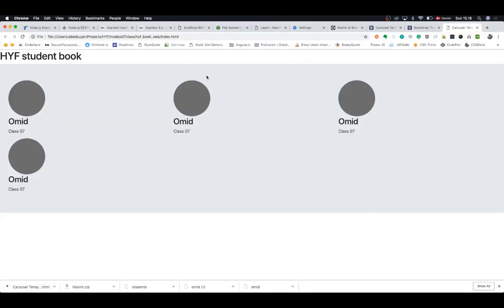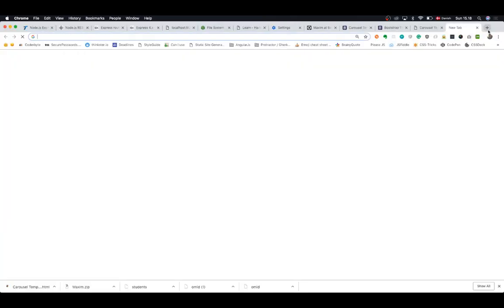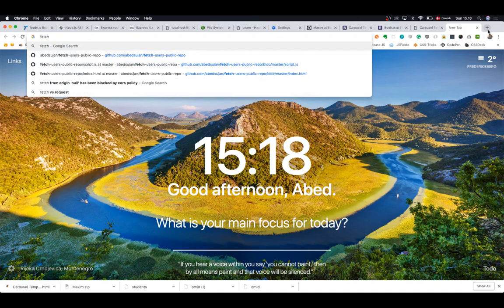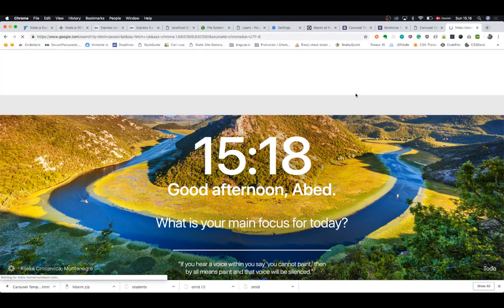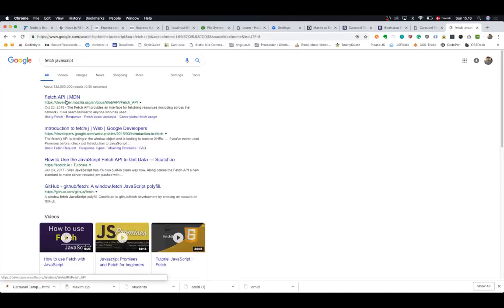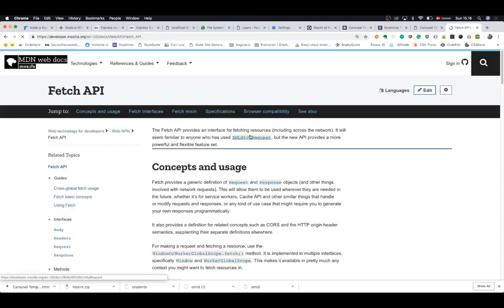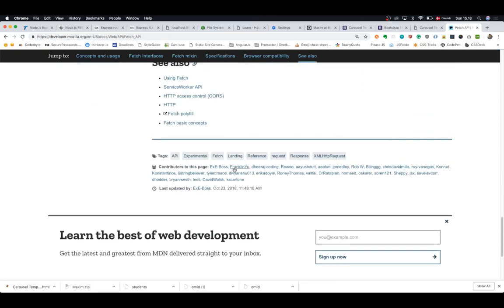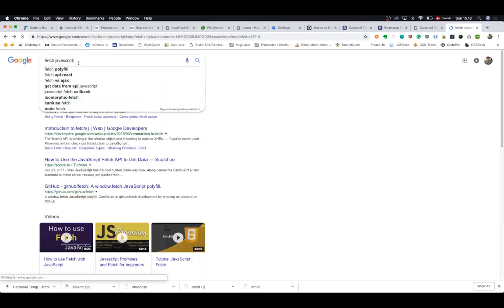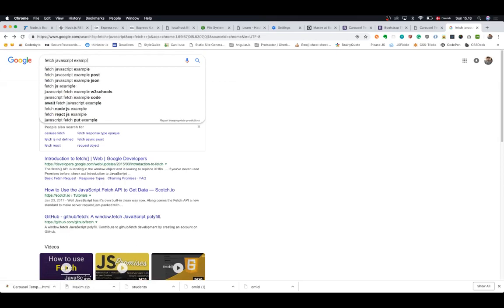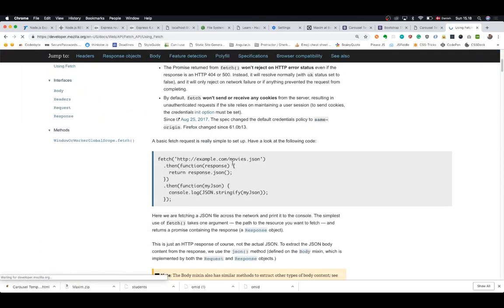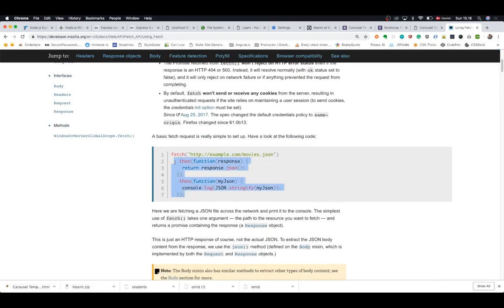So now we are in main.js. Now what do we need to do? We need to use fetch, right? So let's do some, I can write the code just right now, but let's copy paste from the internet. So it's easier. You also know how to copy paste. Some fetch, you can say fetch example. Using fetch like this, right? Copy,